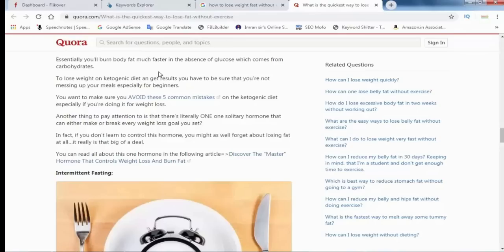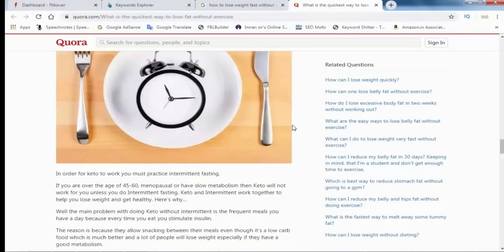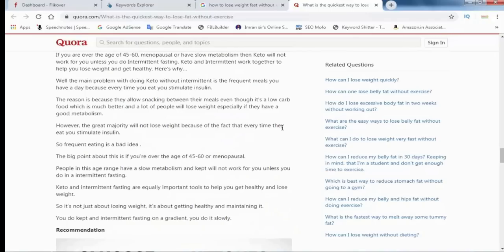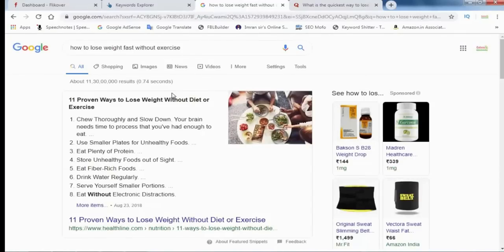So I suggest, if you want to work with a black hat technique to buy clicks for earning, then you must send traffic from search engine only. If you send traffic from search engine, people come to your website from the search engine.